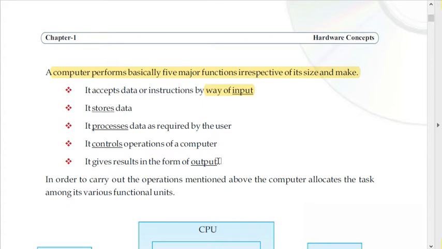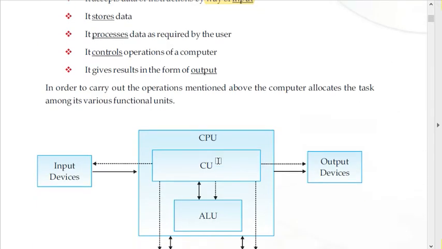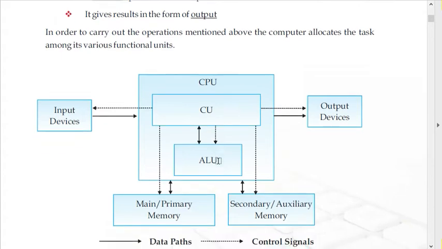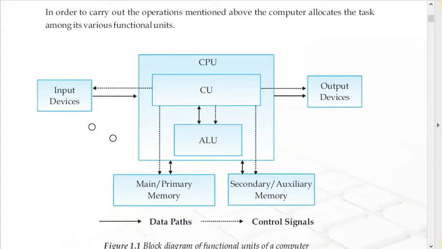Okay, now see, coming to the block diagram, this is very important. You can easily find the functional components of a computer in this block diagram. Just find the arrow. The arrow which is marked here is incorrect. Instead, this arrow you have to make here. Okay, make the arrow here, this is incorrect.